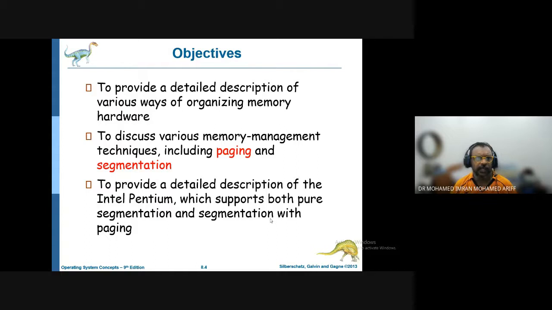First, you have to understand what we are going to look at in this chapter. Point number 2, to discuss various memory management techniques, including paging and segmentation. All right, so what are paging and segmentation? Basically, in this chapter we are going to see how the operating system and the computer system handle memories,